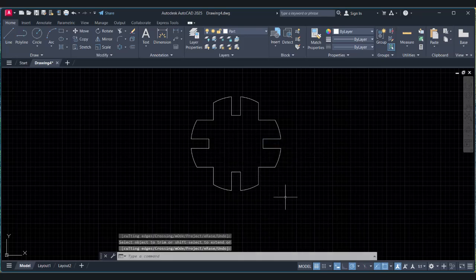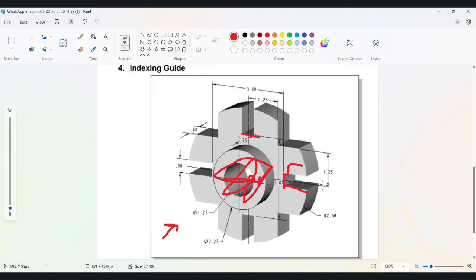Okay, all the internal lines we don't need. So now we have this shape.